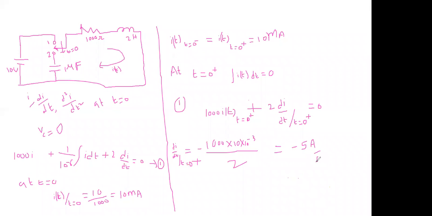Next, what is the next step? d square I by dt square. Differentiating equation 1. For differentiating equation 1: 1000 di by dt, I differentiate di by dt, plus 1 by capacitance, the integral cancels out, finally I by 10 to the power of minus 6,